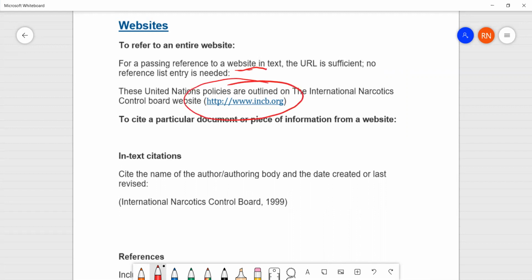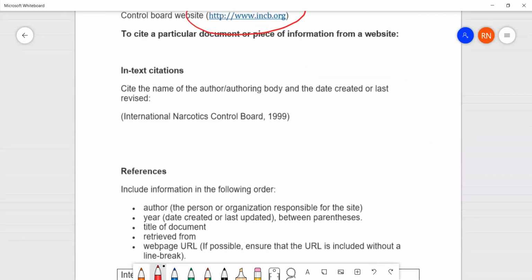You don't need to say anything else if you're referring to the whole website. You can say, these United Nations policies are outlined on the International Narcotics Control Board website. However, if you are using a specific page there, you can cite again the name